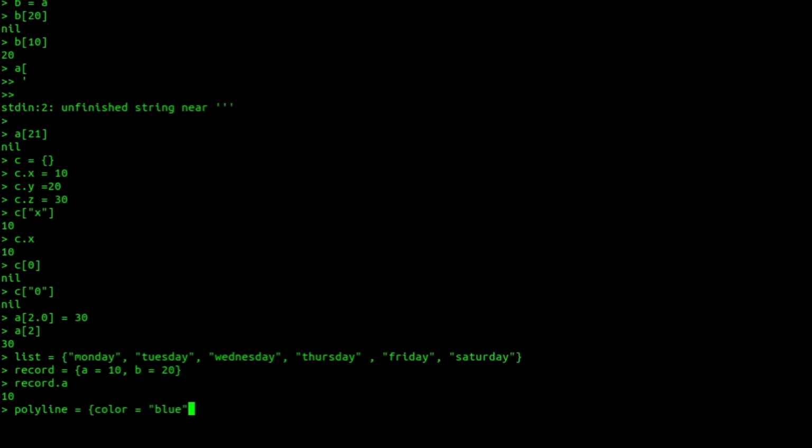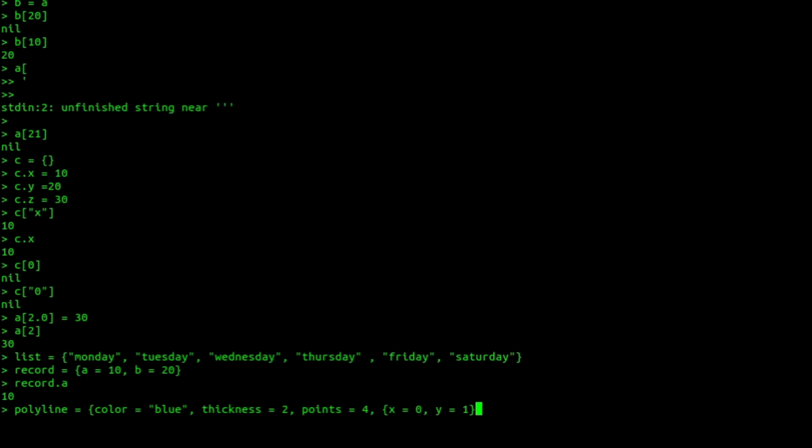Just an example, I say thickness is 2, and then I say points equal to 4, and then I say x equal to 0 and y equal to 1, and I close. So here what I'm doing is I am nesting a table inside a table.